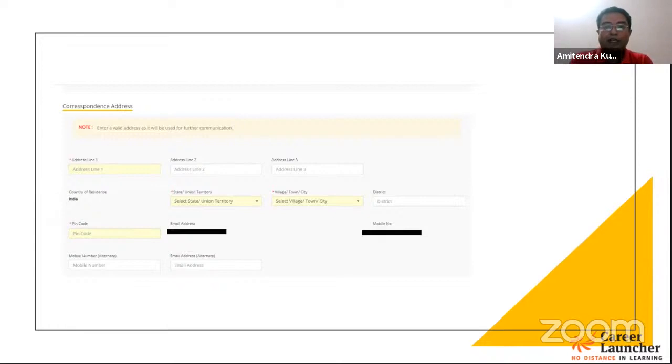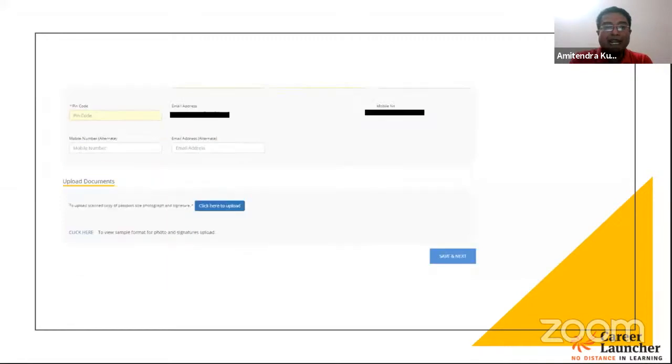Next, you have to work on your academic details part. But before that, you have to upload your photograph and signature. The sample and the instructions are given out here. You have to submit a clear passport size photograph of yourself against a lighter background. I'm sure that before you start with the application process, while you are filling so many forms, you already have your photograph and signature ready. So you have to simply upload.